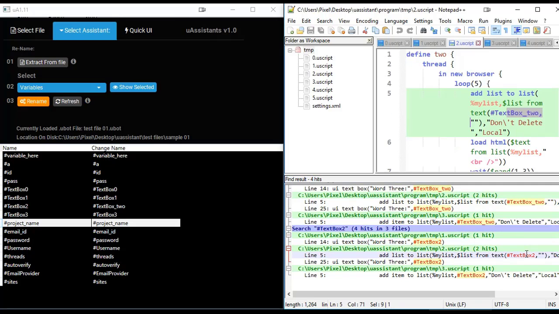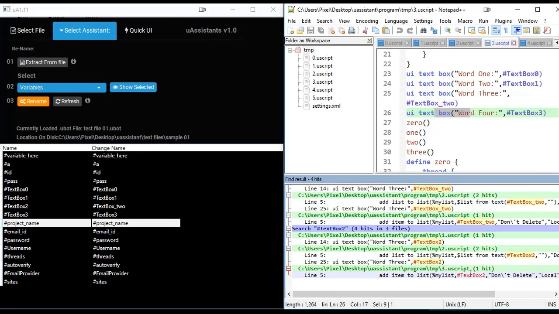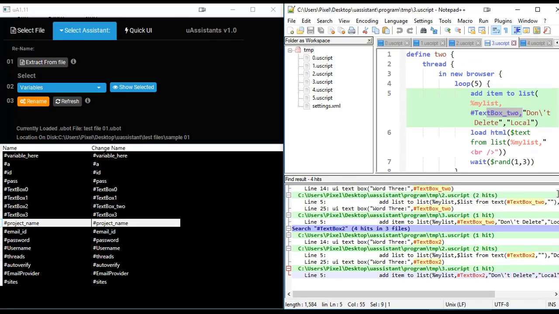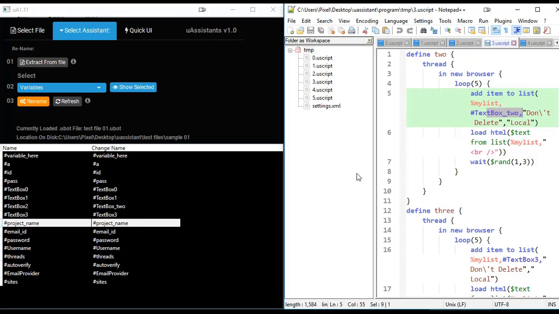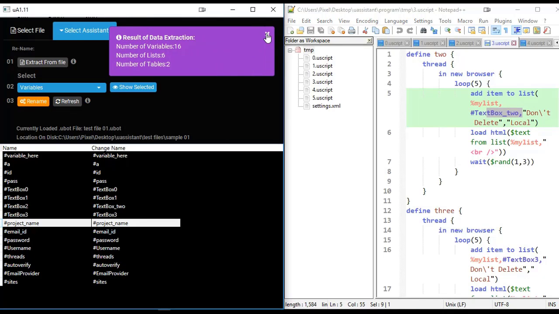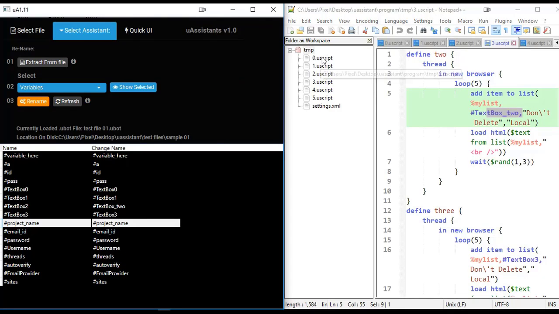So that shows that we have successfully changed the variable name, and you can do that for every variable name. Then we have a refresh button here. When you press the refresh button, the assistant again runs through all the files here and refreshes it, so that now you see the variable, the first column here